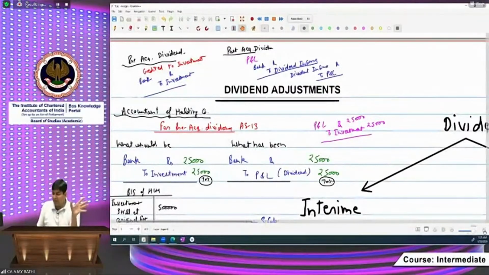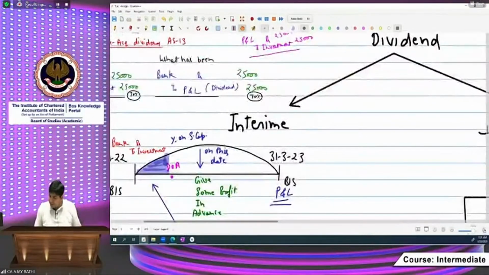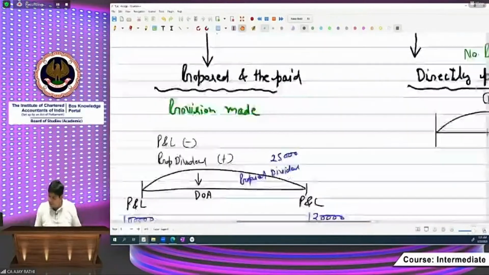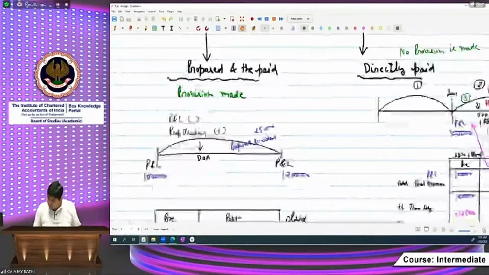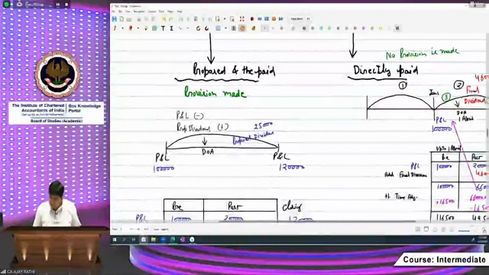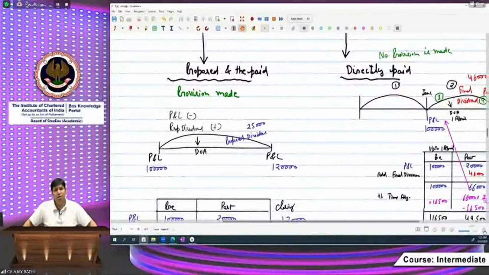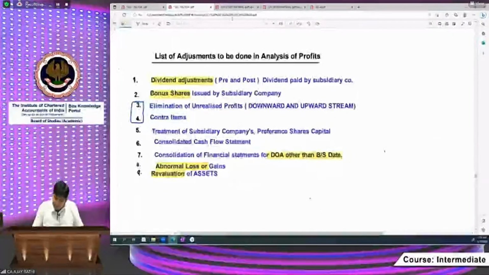We must also have the basic understanding of Schedule 3. We have already learned what kinds of dividend are there: final dividend, interim dividend, etc. Now I am coming to one more topic, that is, beta, proposed dividend. Sir, proposed dividend has been removed. Why are you teaching it? As I told you, I can show you a past examination question also,